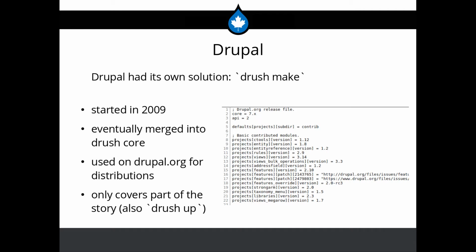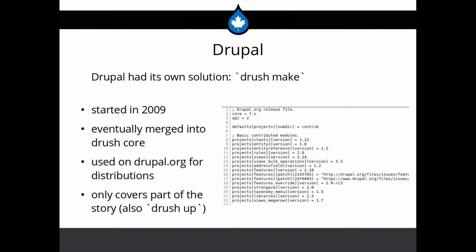So, this is where the term Drupalisms comes from, and we have a lot of them. And there's good reasons for that. But anyway, Drush Make was started before Composer, and it was started as a separate project and eventually merged into